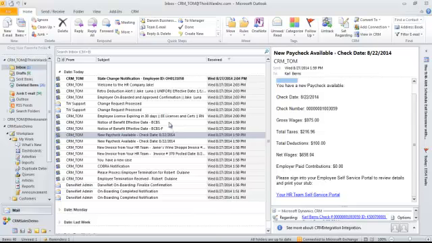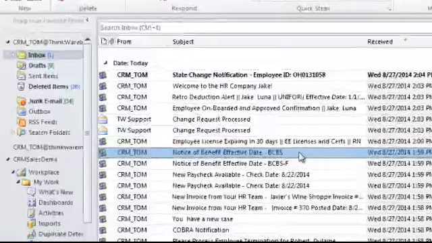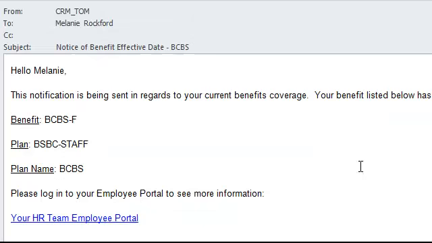Other things I did. I also alerted Melanie about her benefits information. So Melanie was 30 days out from an open enrollment, or today her coverage starts, whatever type of notification needs to go out. I just did one employee here, but in real world with open enrollment, depending on the size of your company, whether you're a 50-person startup or a 10,000, 50,000 worksite PEO,